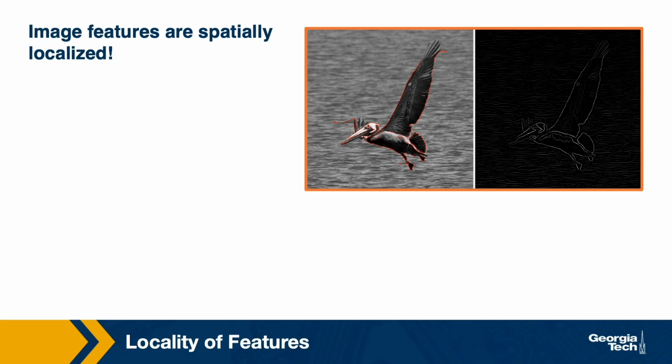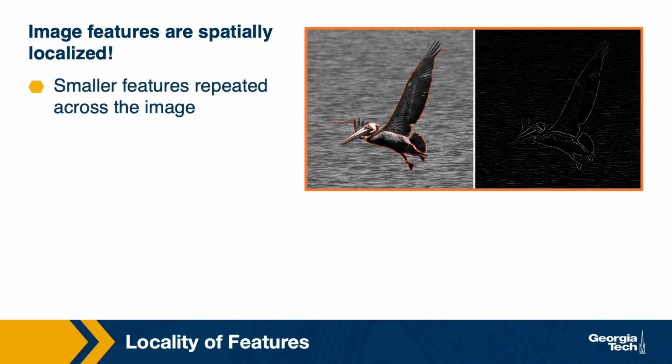And those tell us whether there are edges in this little image patch. And we can repeat this across the entire image to extract features such as edges. This is well known in areas such as image processing. And so there are smaller features that are repeated across the image, and edges are one example, but other examples include color or even things like motifs such as corners or small circular shapes. Any local feature that you can extract or detect by just looking at small image patches, not the entire image